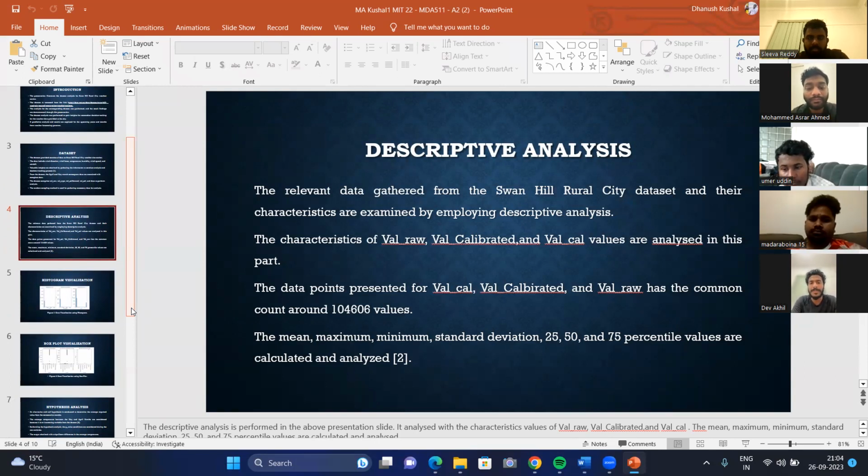The data points presented for value calculated, value calibrated, and value raw have a common count of approximately 4,606 values. The mean, maximum, minimum, standard deviation, and the 25, 50, and 75 percentiles are calculated and analyzed, as shown in figure number 2.